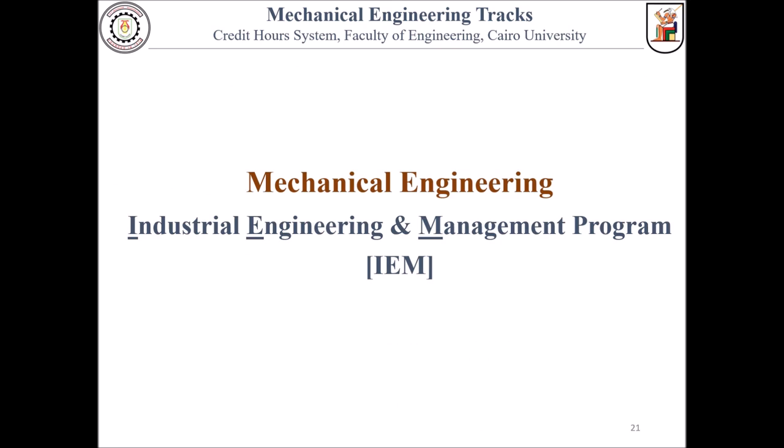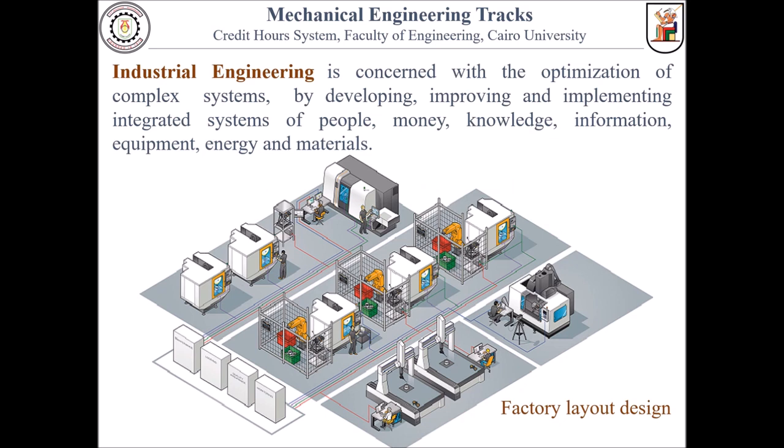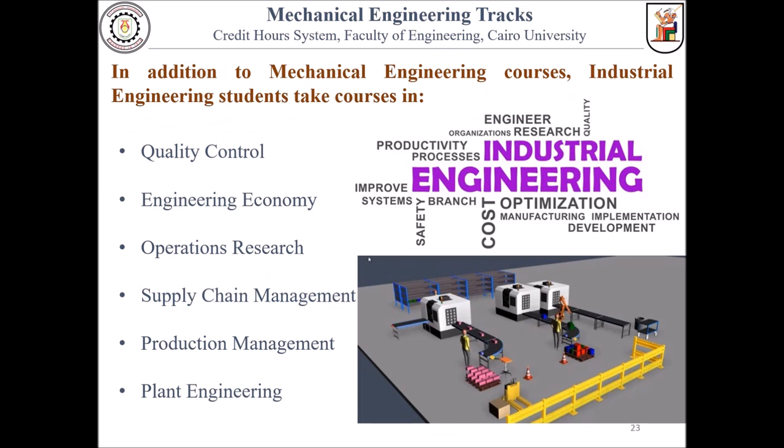The industrial engineering track. Industrial is the main concern in industrial is the optimization of complex system by developing, improving, and implementing integrated system بهدف ان احنا optimize the performance of all activities done in manufacturing process. The course is taught beside